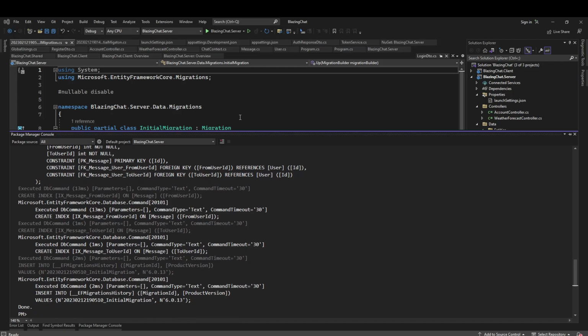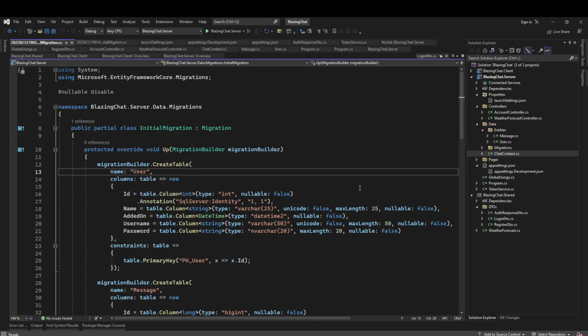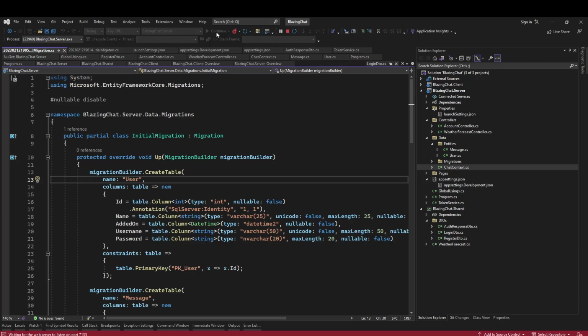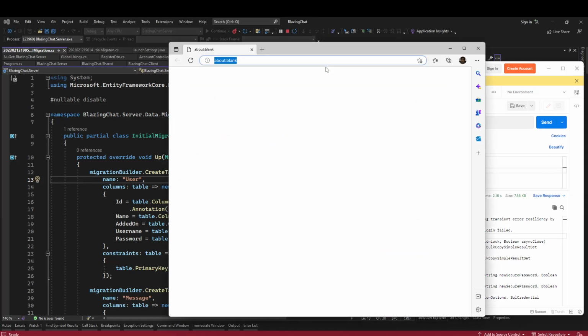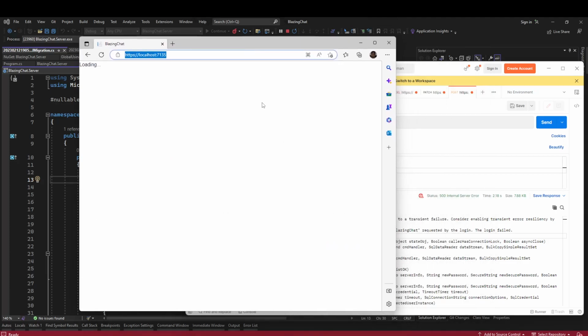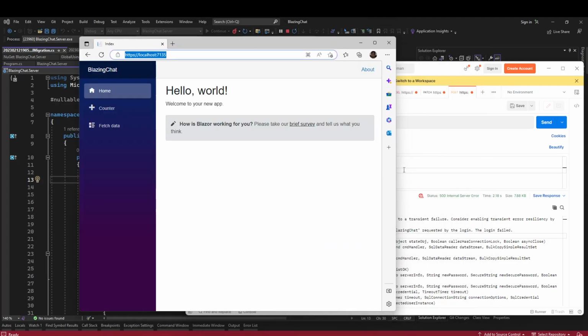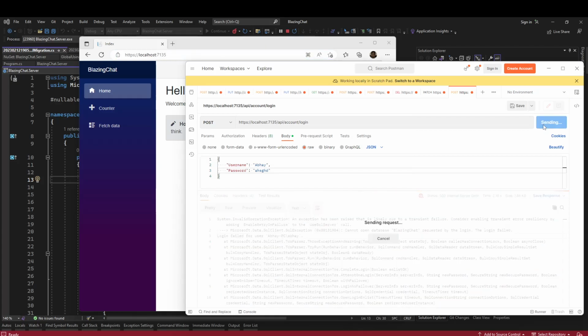So we are good now. It has created the database for us. Now let's run it again and then check the Postman if this request is successful. Okay, send,